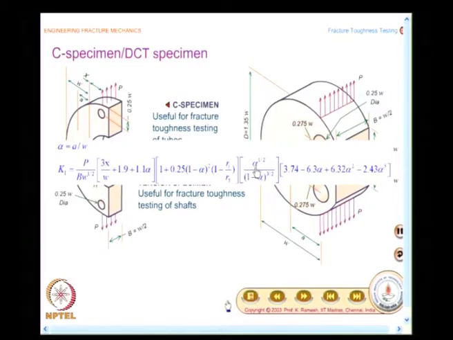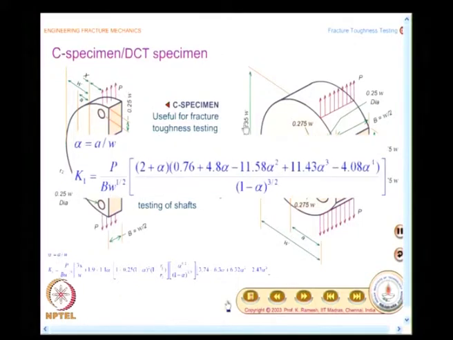Then you have a factor alpha power half divided by 1 minus alpha power 3 by 2 multiplied by 3.74 minus 6.3 alpha plus 6.32 alpha squared minus 2.43 alpha cube. This is for the C specimen,